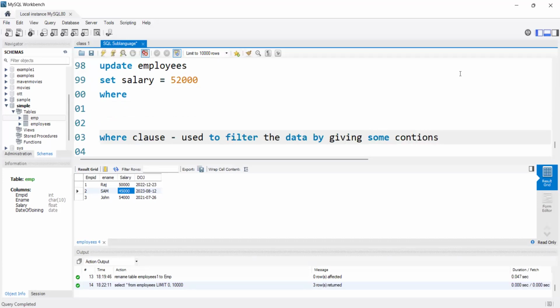Basically, inside the where clause conditions. Where is one of the clauses in SQL. Whenever we are discussing clauses and operators, we will discuss them in detail and see many examples of the where clause. But for now, try to understand that whenever we want to give any condition, we will write that condition inside the where clause. Okay, and here I'm saying that I want to update the salary to 52,000 for Sam,